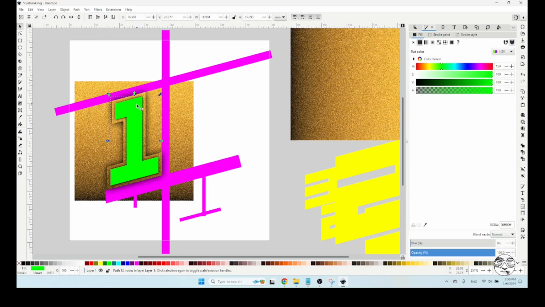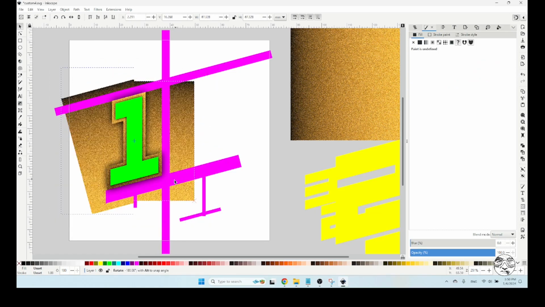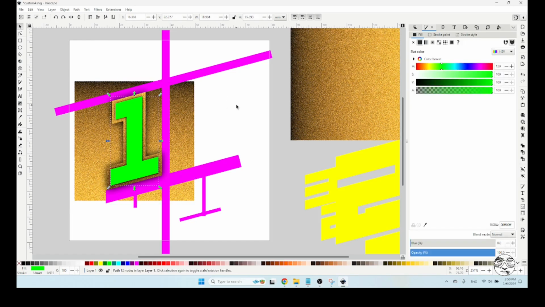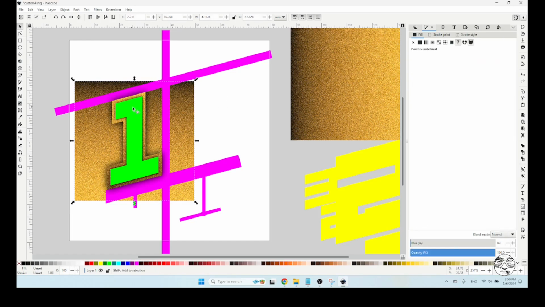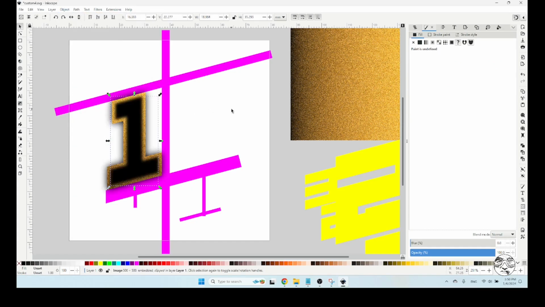Now I'm going to click on the green. And this time though, I'm going to rotate it the other way, so there's a contrast between the two. Now you can do it any way you want. There are a lot of ways to do that, but I'm going to move it this way. And then I'm going to highlight this and highlight that green with the shift key, and then go to Object, Clip, Set Clip. And there is our first